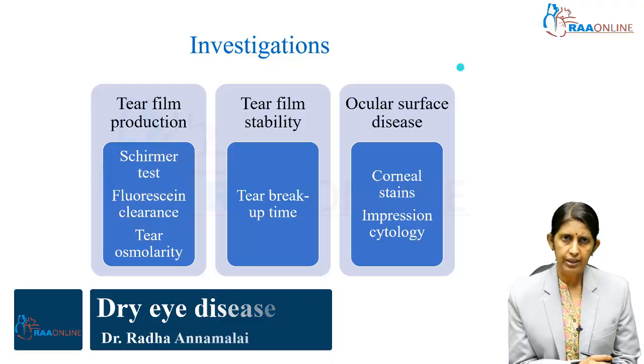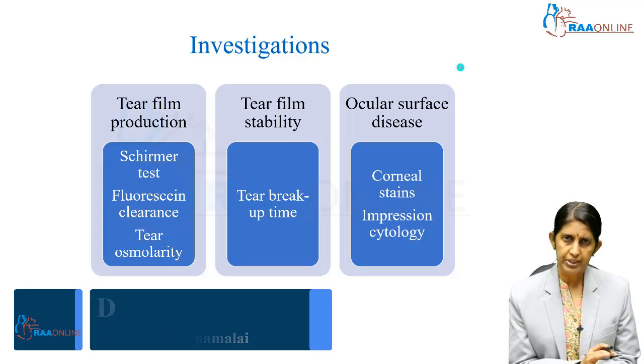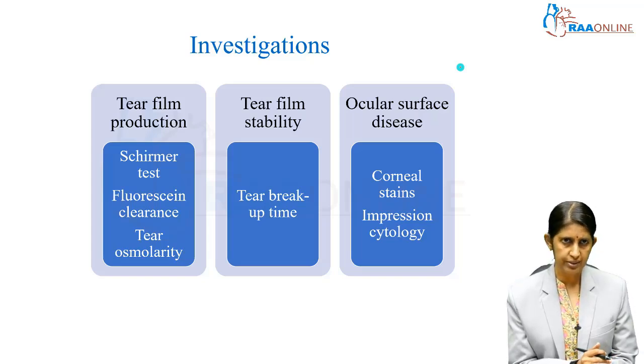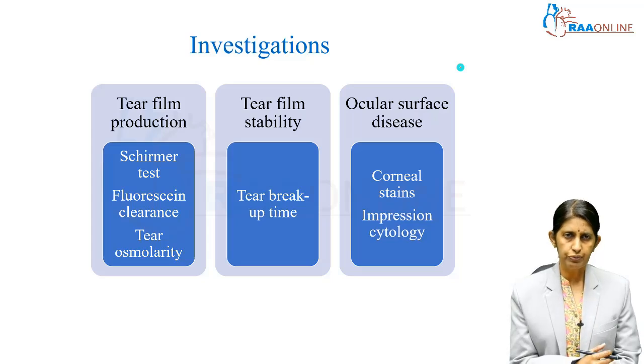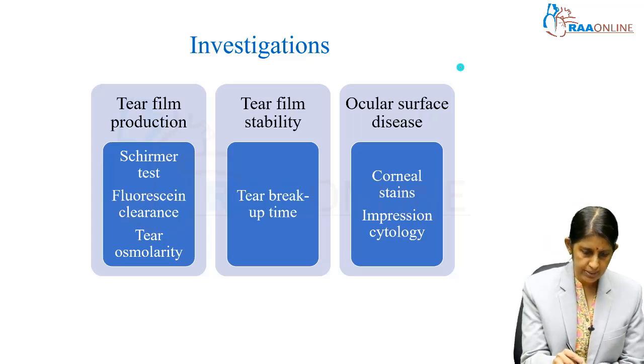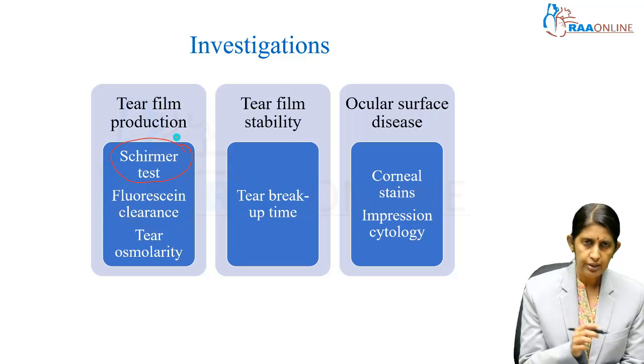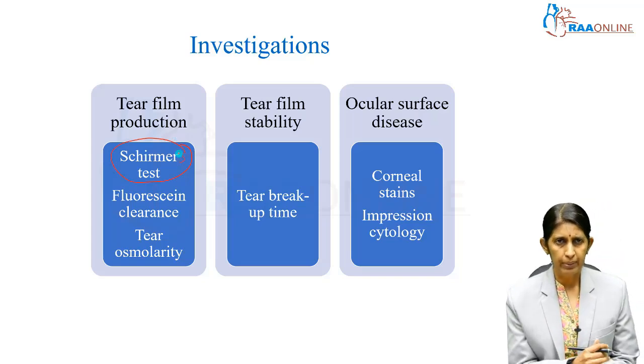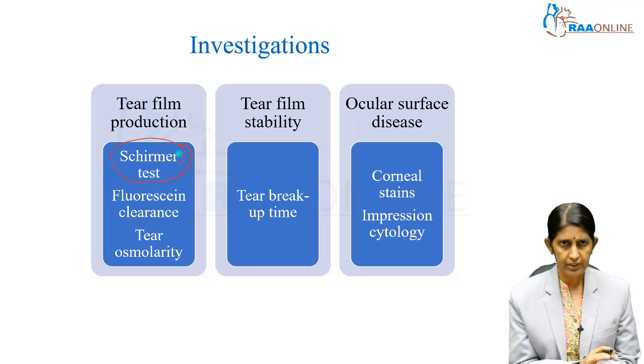So how do we investigate these patients? The tear film production has to be checked. The tear film stability has to be identified, and we also have to examine the ocular surface for any ocular surface disease. So the tear film production, how much of tear is being produced, is best evaluated using a Schirmer test. Schirmer's test is one of the most useful tests, and it is predominantly the method adopted for detection of tear film production. In almost all hospitals, we use Schirmer's eye test, whereas tear film stability is detected best with